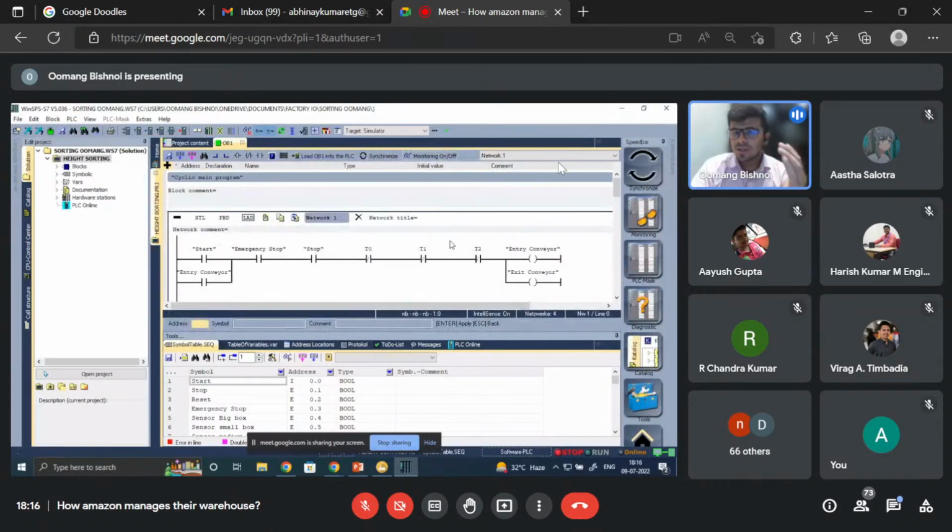Okay, so this is the ladder logic. These are the networks, different networks that you'll be creating to execute different tasks. Okay, so first, in the starting, you need to